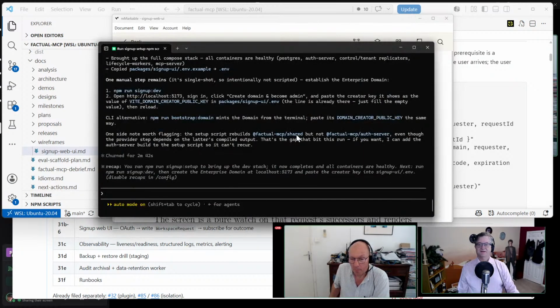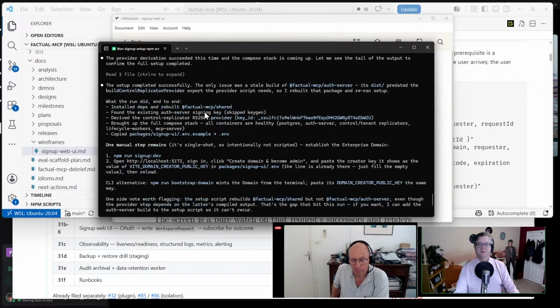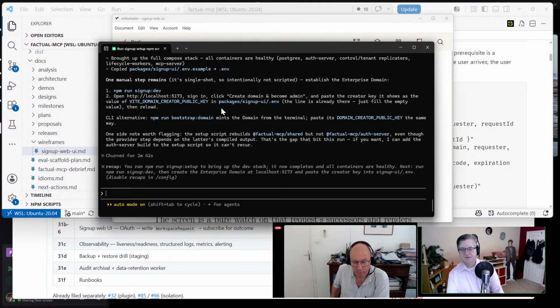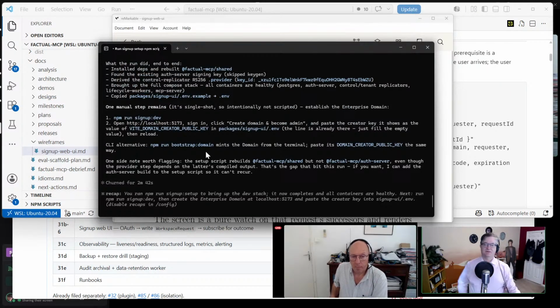But with all that, let's see if we've done this. All right, setup is completed. All right, so fix the instructions and set up script to include all missing steps. Okay, so while it's doing that, we have to do npm run signup dev. Yep, so that's going to bring up the site, and it will come up in a state in which it